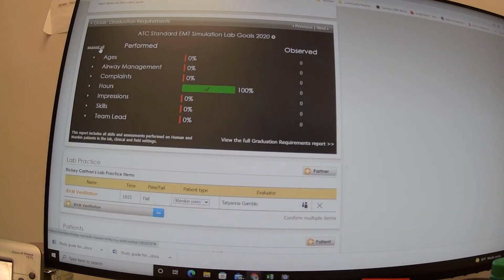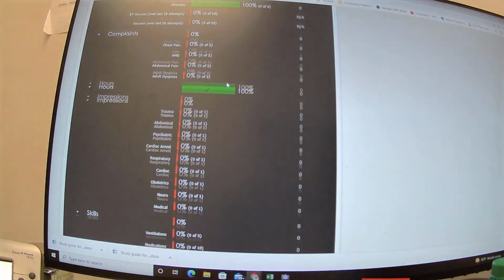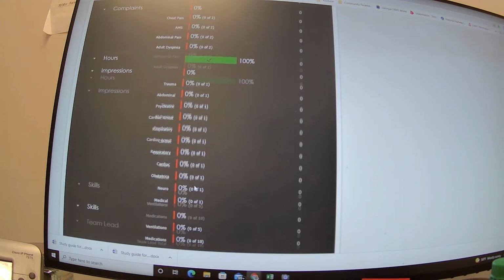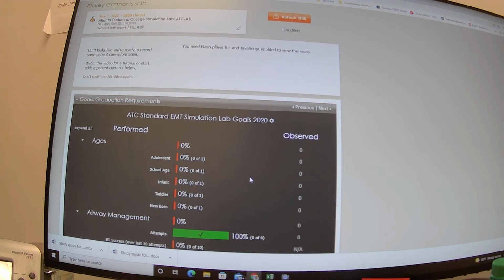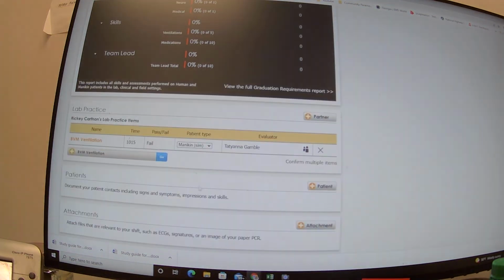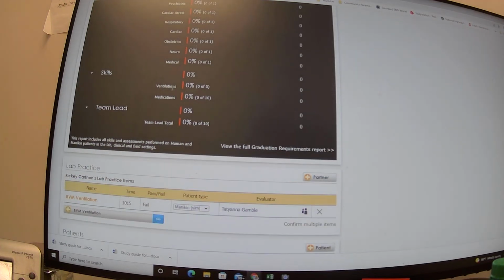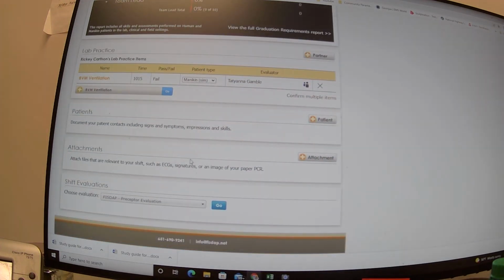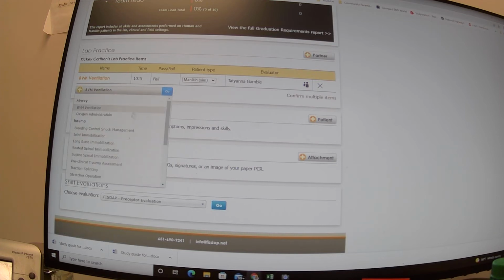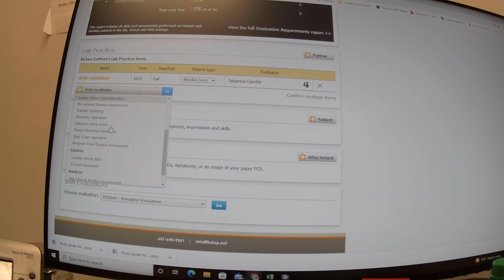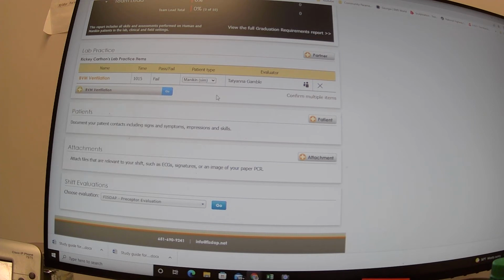So if you look here, this will not show as successful, which is fine. Okay, and then if we were to go in and do it again and be successful, it would show up in here. Okay, so you need to do that for every skill. If you look, oxygen administration is in here, bleeding, wounds, and shock, long bone, all of that is in here as a skill. Okay,